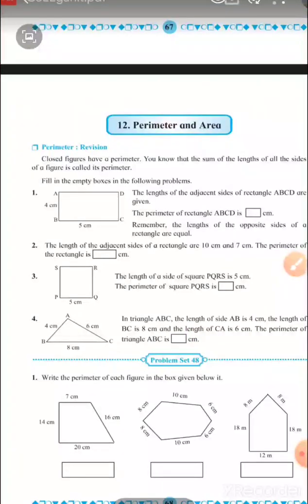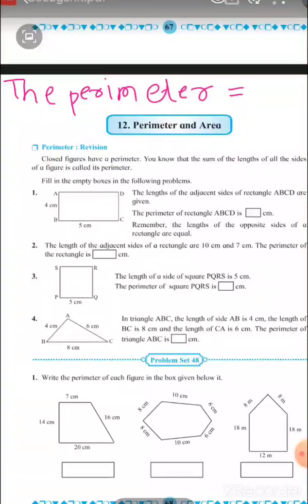You will solve problem set 48 in your maths notebook. Question number 1. Write the perimeter of each figure in the box given below. First picture, all the 4 sides are given. We need to find out the perimeter. So we will write the perimeter is equal to, we will write all the 4 sides